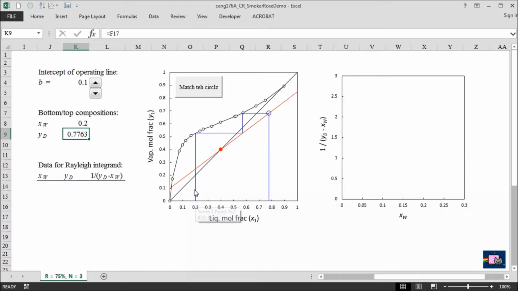So you can see that x sub w naught is 0.2, but now all I know is the slope of the operating line. I do know that my last stage has to end right on top of the 45-degree line. So I need the intersection of my operating line and the 45-degree line to be in the same place. We can't change the slope because that's set by the reflux, but we can change the intercept of the operating line. Right now the intercept, which I've called B in this example, is 0.1, and as I increase it, so now it's 0.11,